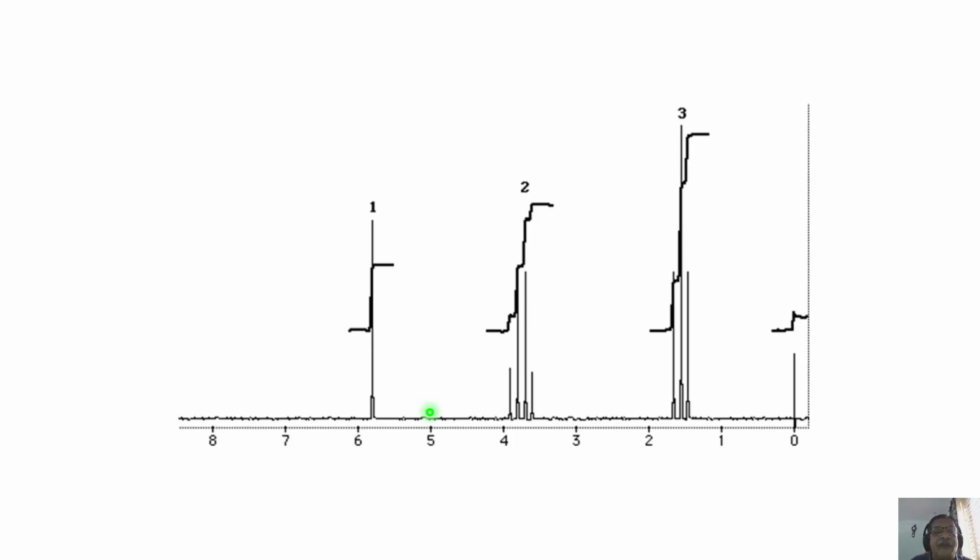I have not given you the molecular formula or the molecular structure also. Let us see. Now, the molecular formula is not C2H5OH, it is C5H12O2. The spectrum looks identical to the ethyl alcohol spectrum, but the molecular formula is different. So, your analysis is correct. There is a CH3 group, there is a CH2 group, and some uncoupled proton. It need not be OH, it could be CH or something. So, how do you now tell me what is the structure of this molecule?